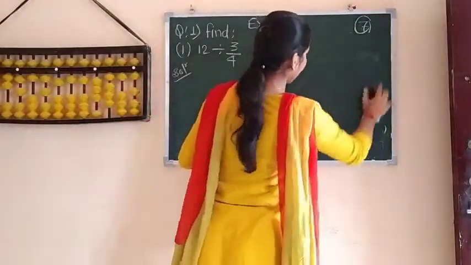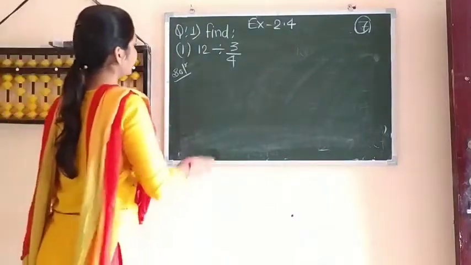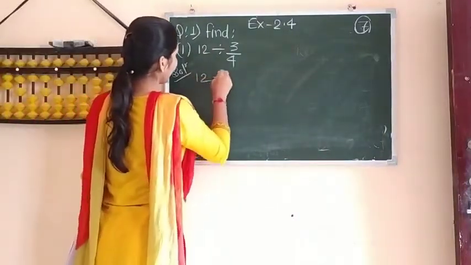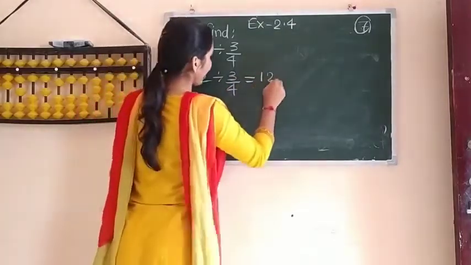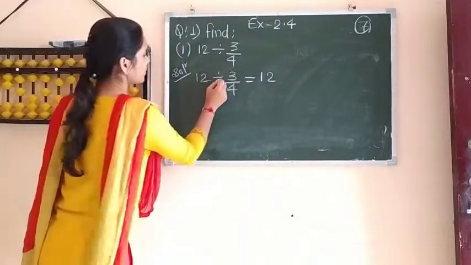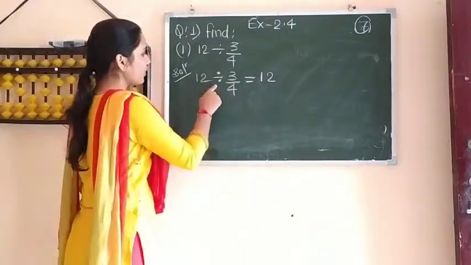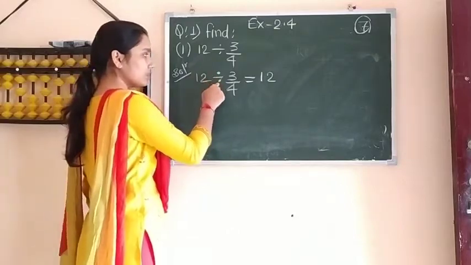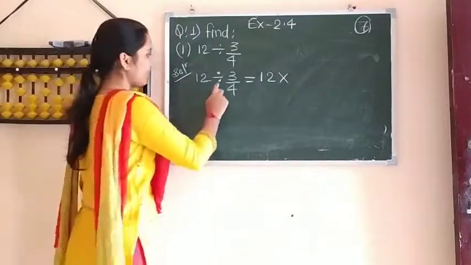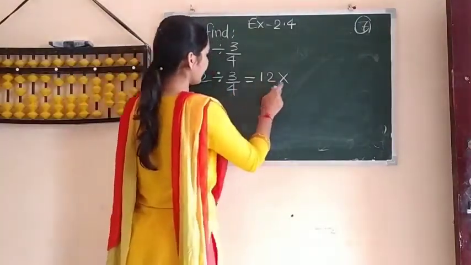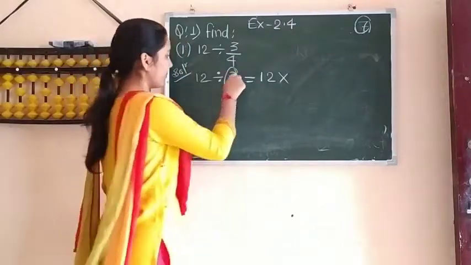So now let us start this first question. What is given to you? In the first question it is given 12 divided by 3/4. So how to solve this? Write down this 12 as it is. Okay. So whenever this type of question comes, about division, what you have to do? You have to replace this division by multiplication. Okay. लेकिन जब आप इसको multiplication sign से replace कर रहे हैं, at that time you have to make the reciprocal of this fraction. Means 3/4.